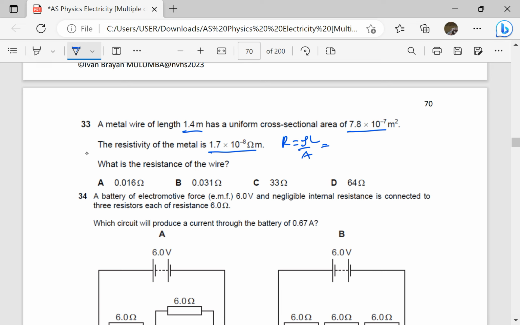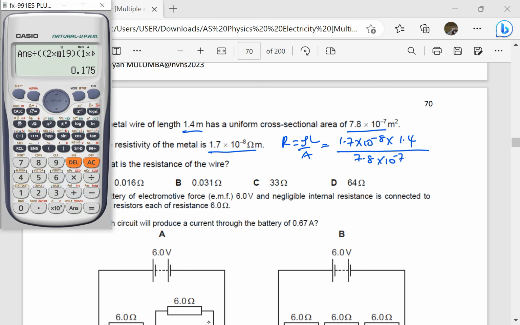They have given us everything, it's just simple substitution. 1.7 times 10 power negative 8 times the length, which is 1.4, divided by cross-sectional area, which is 7.8 times 10 power negative 7. So this is 1.7 exponent negative 8 times 1.4